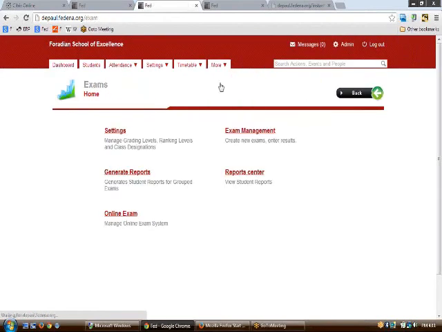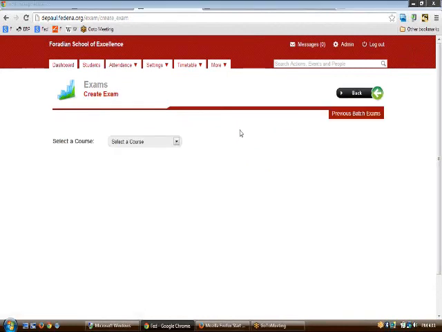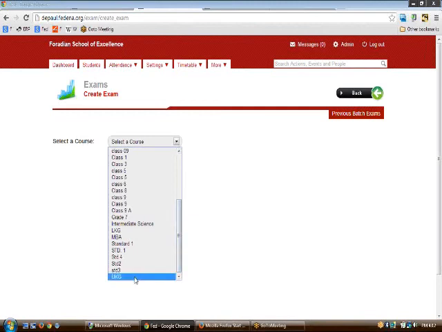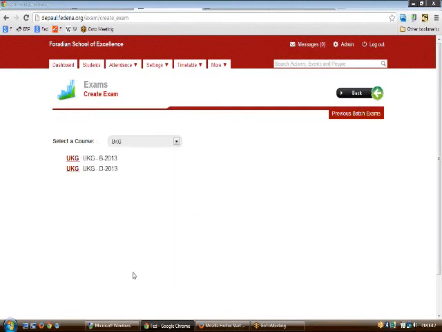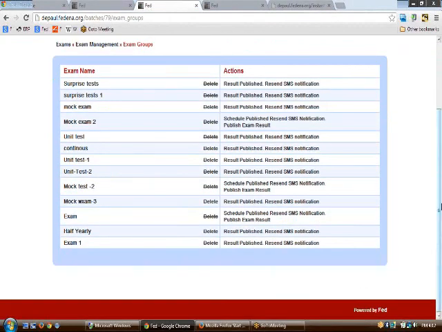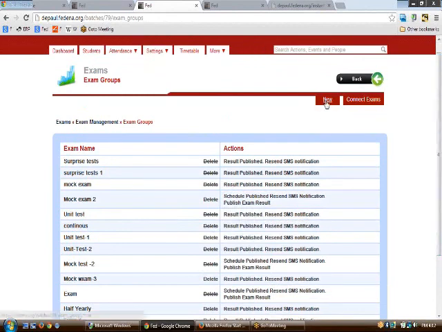Now having created this, we would be moving on to do the rest of the parts in the exam. So in exams, again we have the option to create different exams. Let us say it would be exam management, and if I want to create a different examination for a particular batch, all I need to do is click upon the particular course, select the batch, and create a new exam for it.